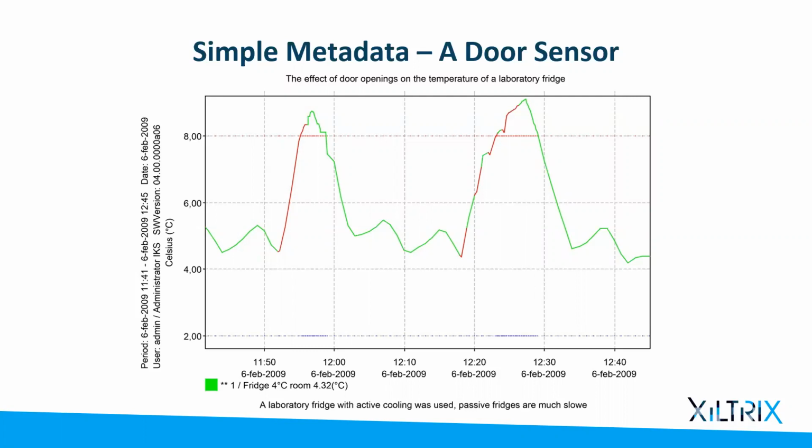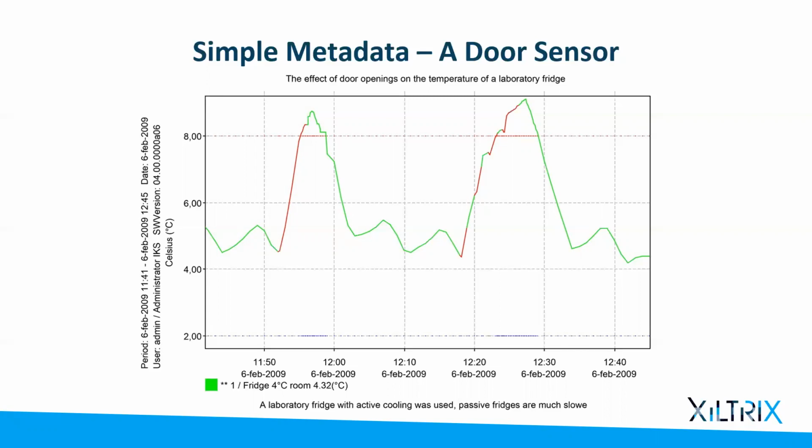But because you can see that this was one long door opening, you can also retrospectively, during an audit, for example, say, okay, this peak in the graph was caused by a longer door opening, and this was a fault, for example, from a user that opened the door for too long and didn't adhere to the standard operating procedure. But they never do that. No, and they never do that, but just look at the second peak, because even if users are adhering to